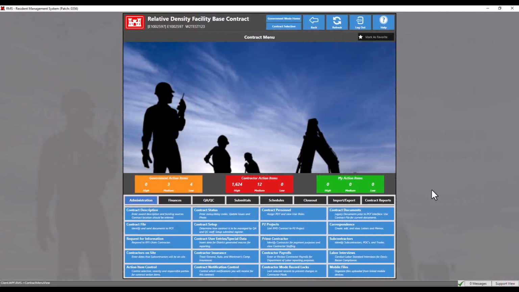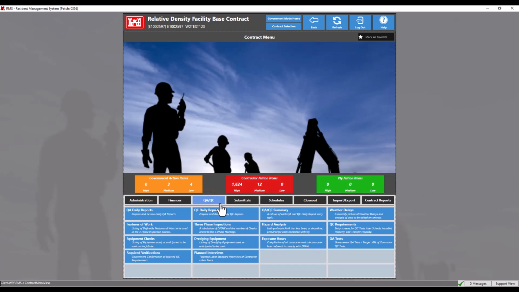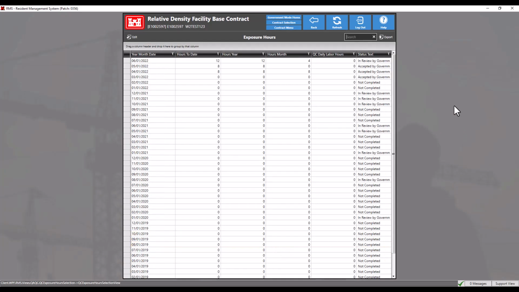Once logged into RMS and a contract of interest has been opened, navigate to the QC menu and select the exposure hours menu option. When entering the exposure hours module, all prior months' exposure hours logs will be displayed. On the right hand side, there is a column indicating the status of the exposure hours review. The middle columns display information regarding the hours logged on that month's report, and the far left column indicates the